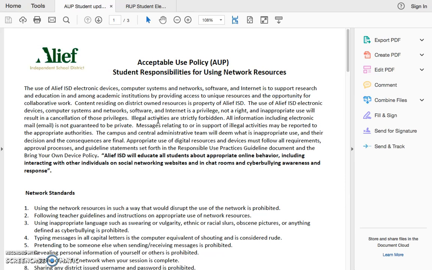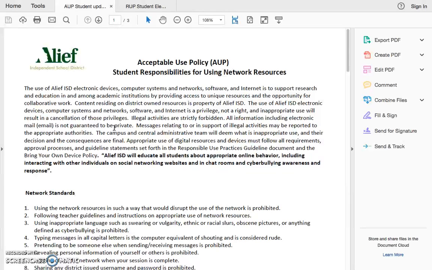That includes illegal activity. Email is not guaranteed to be private. Messages supporting illegal activities will be reported to authorities. Campus administrators and the central office administrative team will decide if something is inappropriate, and they will decide the consequences, which will be final.